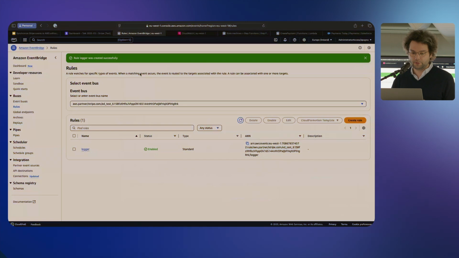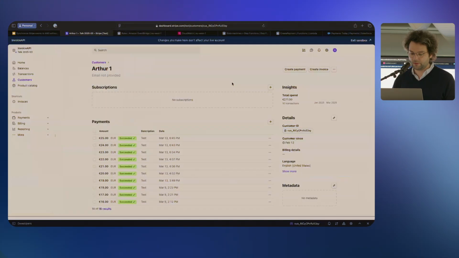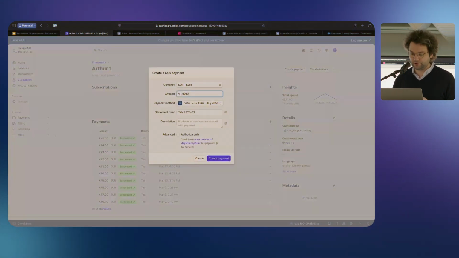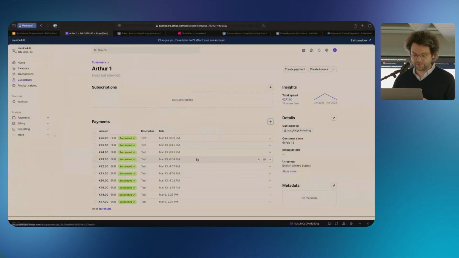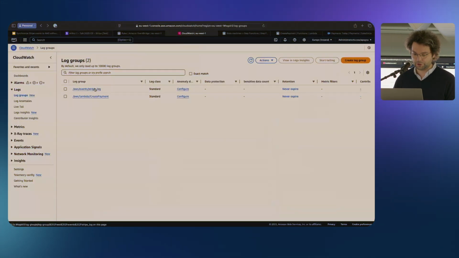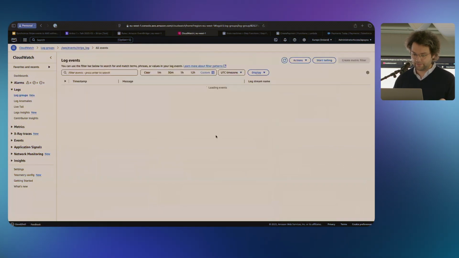So we have the rule created here. I'm going to go back to my account. I'm going to create a payment. I could also use Stripe trigger here, which we showed previously, which was really cool. But I'm prepared with these ones. So we have this 26 euro payment. And if I go to CloudWatch on my account, I can see that we have something happening. And if I open here,